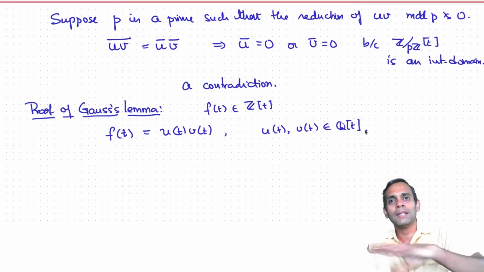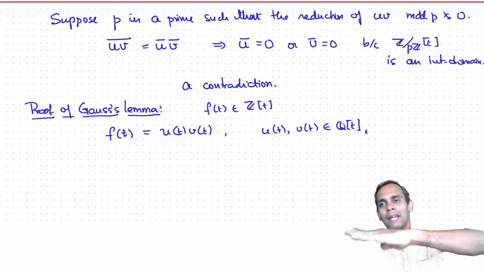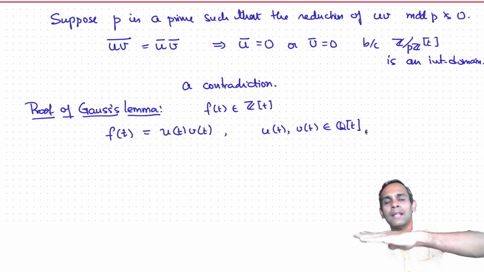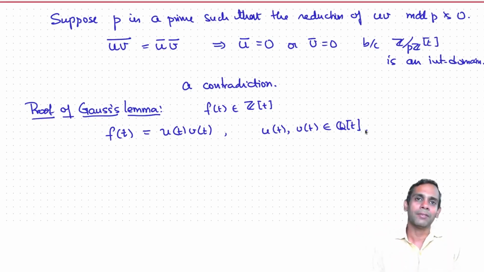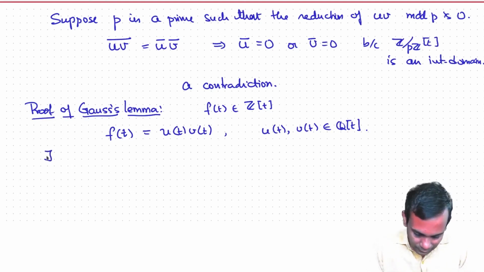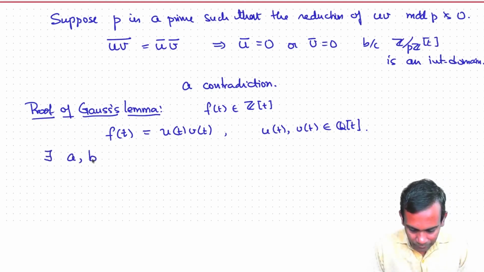Say you multiply all the coefficients by some integer n and you get all integer coefficients. You can choose this carefully enough so that the resulting polynomial is primitive. So just take, for example, the LCM of all the denominators, and that should do the trick. So there exist rational numbers a and b in Q such that